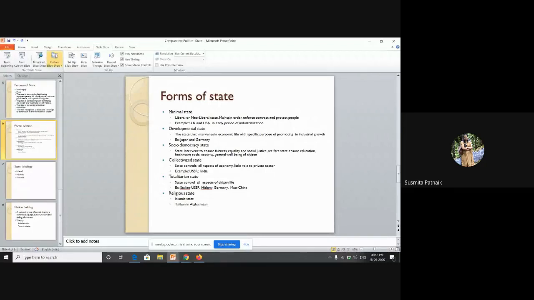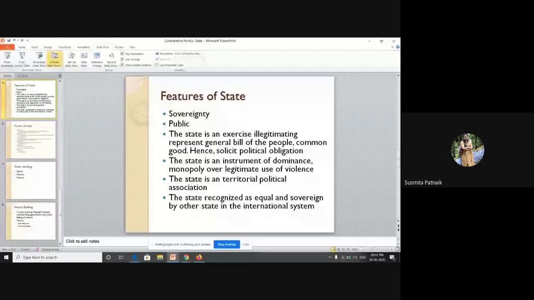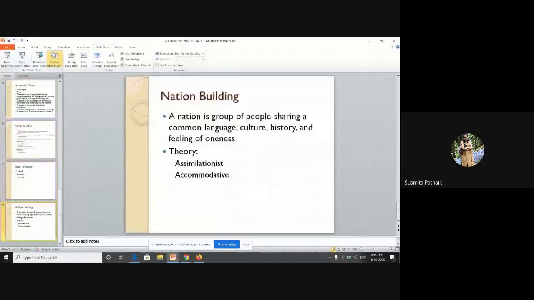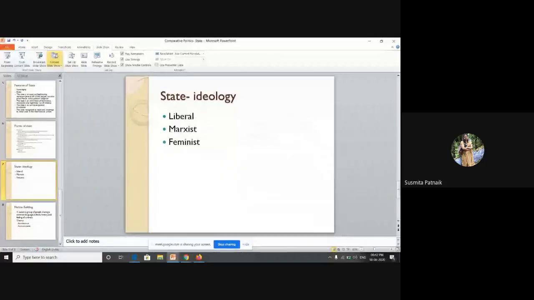So we have different forms of state, or types of state, in your examinations, like the monistic theory of state, the divine origin theory of the state, the socialistic state, or the capitalist state. So there are different things that are coming in. You can also jump to the forms of state in your examinations.